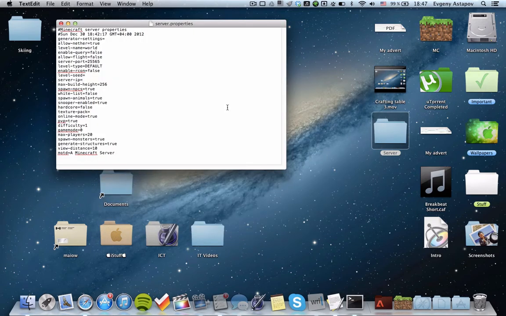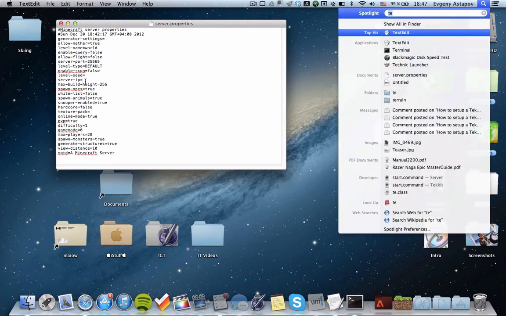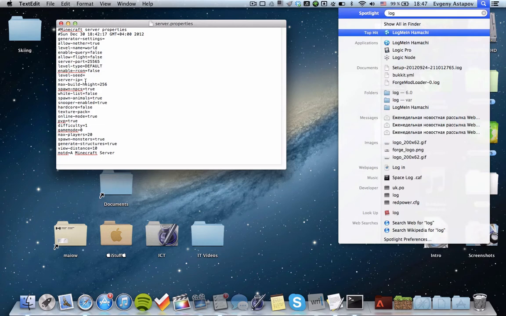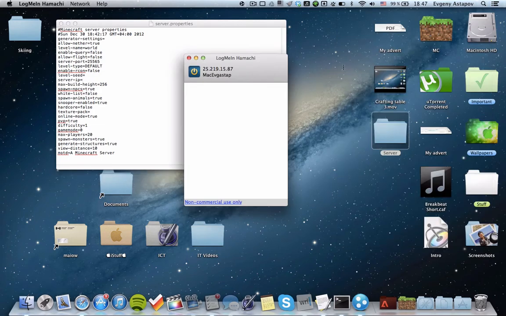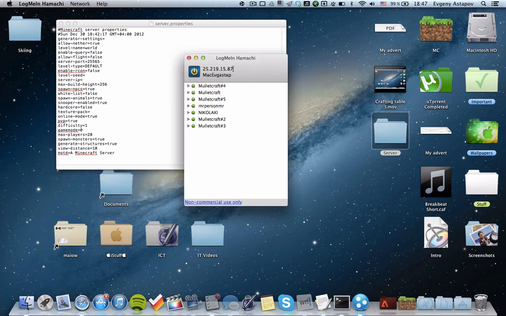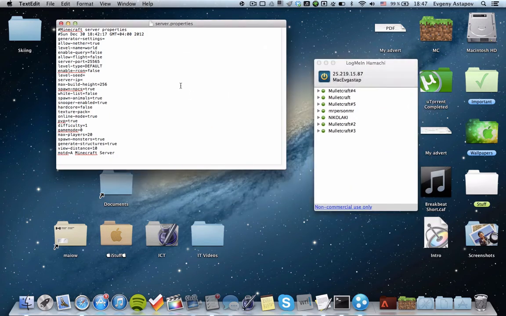Once you get into the server.properties file, you will see an empty space called server IP. You'll probably guess that is your computer's IP, so you will need to download an app called Hamachi. Once you've downloaded it, you install it and search for LogMeIn Hamachi. You open it up and it will show you your IP over here after you set everything up and wait a bit. You can't really copy that, I think. No, you can't. So you just put that IP in